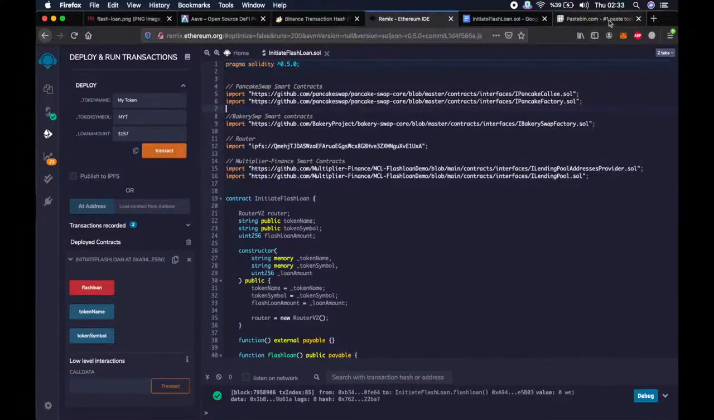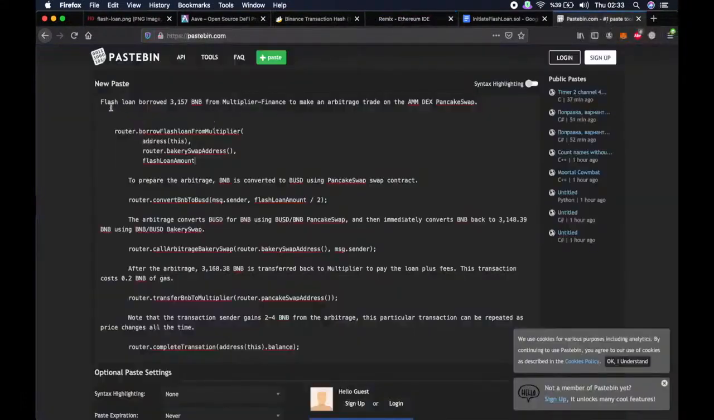And if you want, let's briefly examine what the script did. I explained it here. The Flashloan borrowed 3,157 BNB from Multiplier Finance to make an arbitrage trade on the AMM DEX PancakeSwap with this function. Then to prepare the arbitrage, BNB is converted to BUSD using the PancakeSwap swap contract with this function. Then the arbitrage converts BUSD for BNB using BUSD/BNB PancakeSwap,